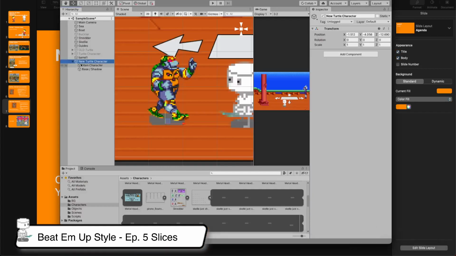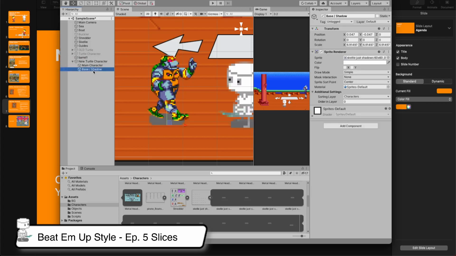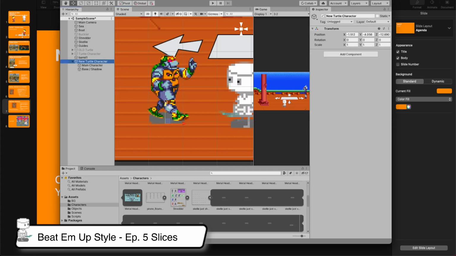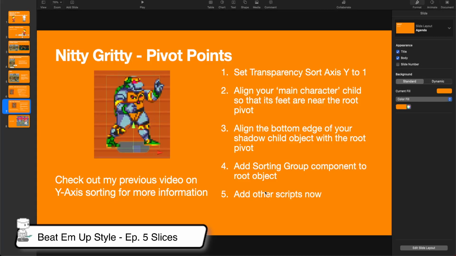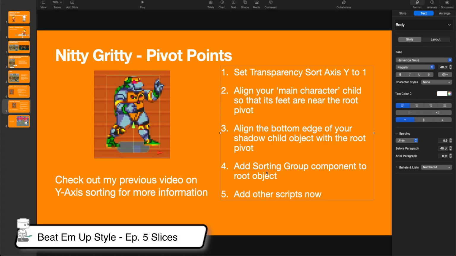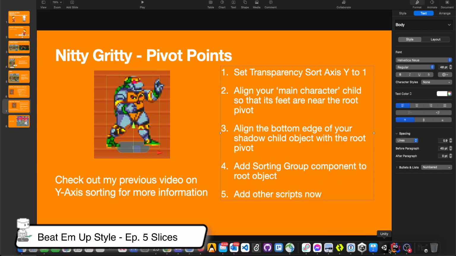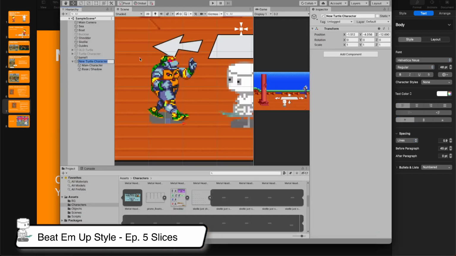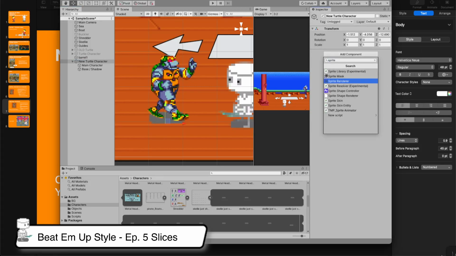So selecting the root object, I can see that the shadow protrudes underneath this pivot point. So I'm going to go back to my base and slightly adjust it up a little bit. Coming back here, I'm going to check that. That's great. And looking back at the notes, we want to align everything, and then we want to add the sorting group component to the root object. Going back to Unity, I'm going to look at the inspector, and I'm going to add the sorting